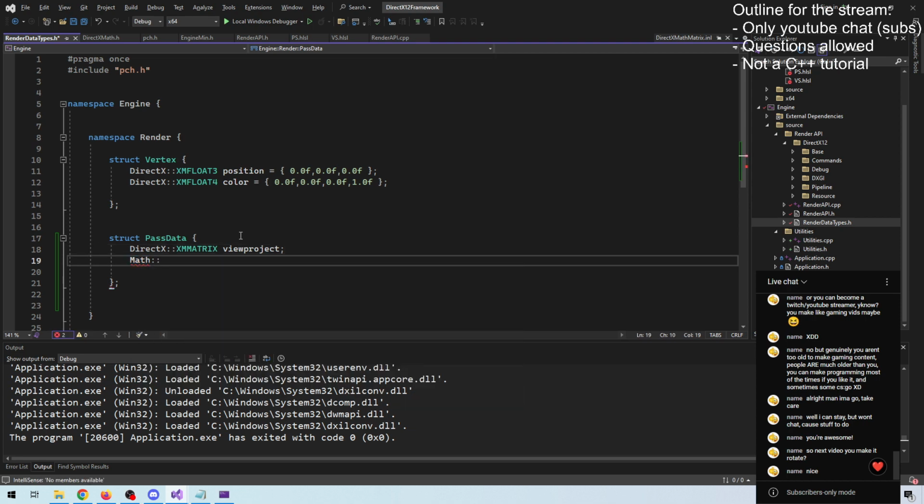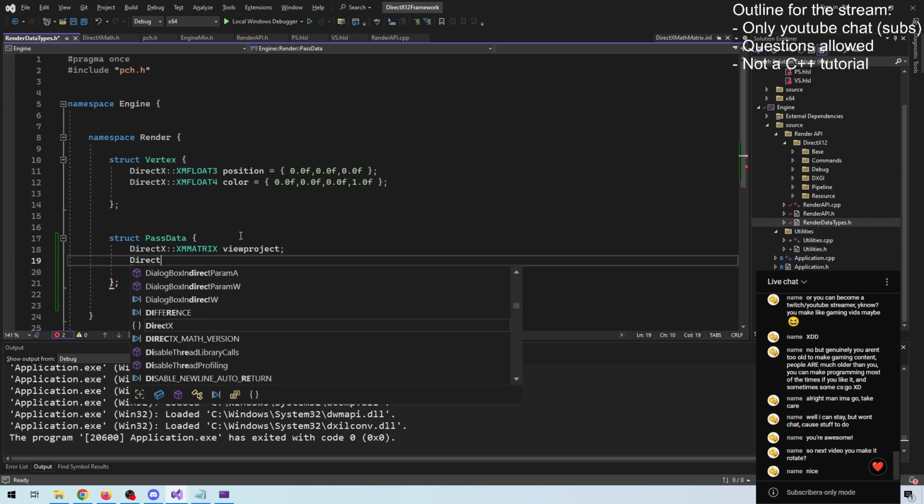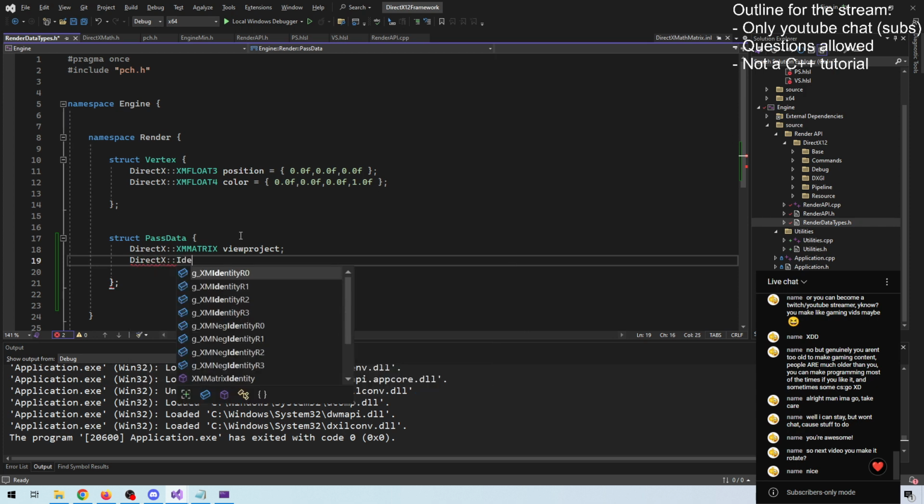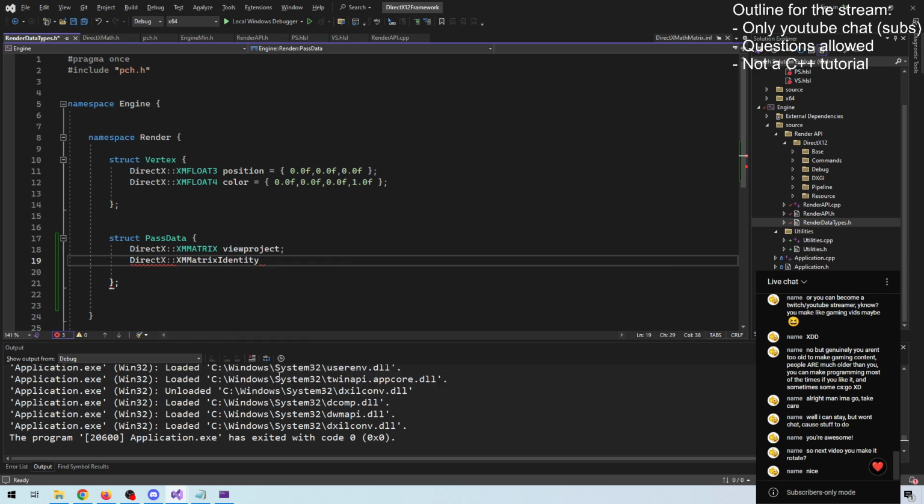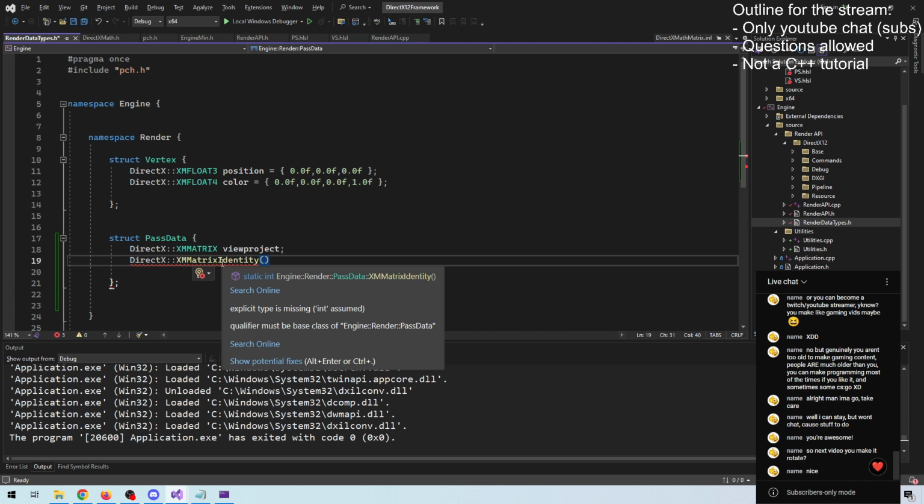Oops, that's my other project identity. We can actually initialize it as an identity matrix,